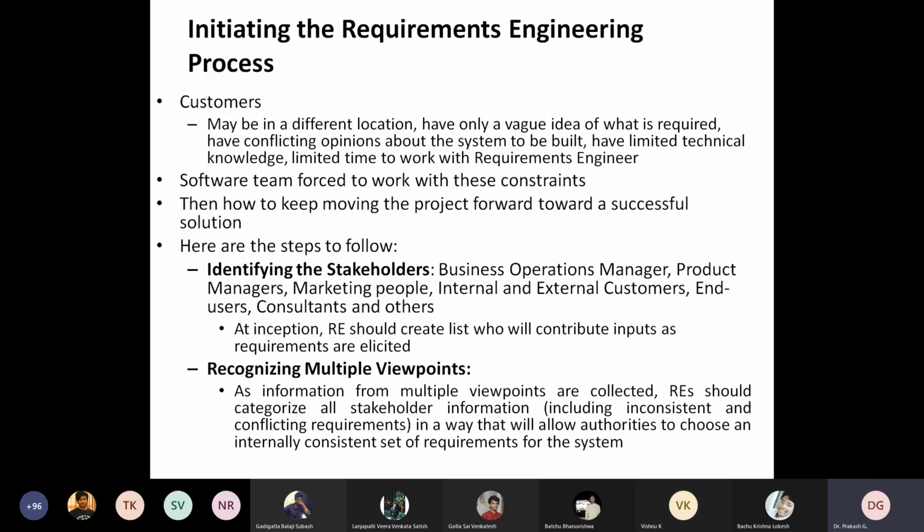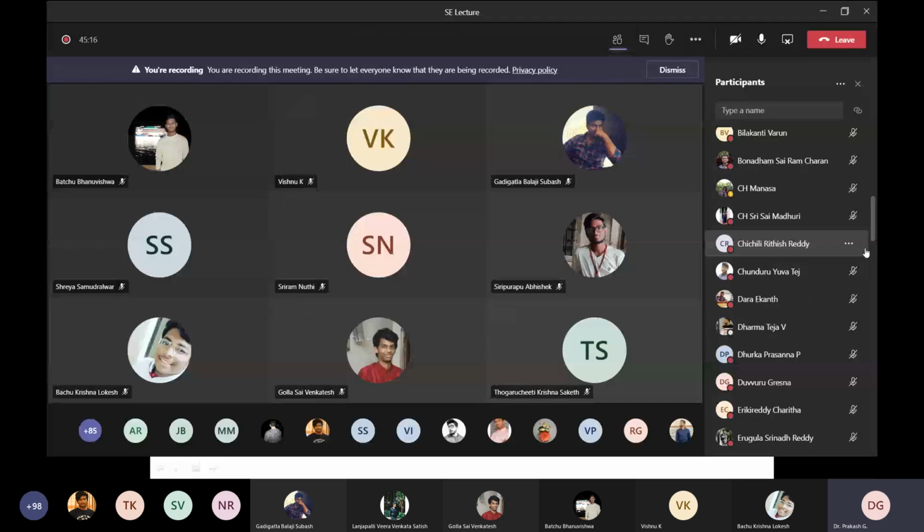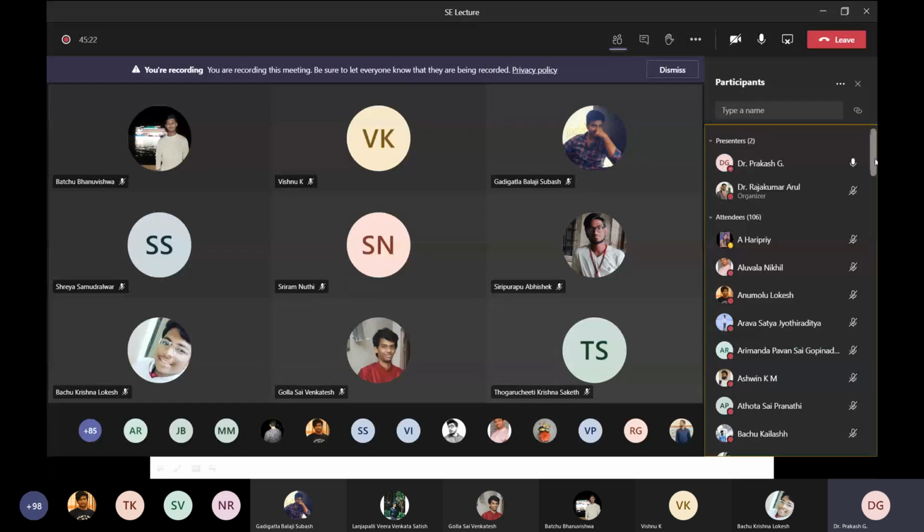Now one of your friends is saying chat application, fine. Who said that chat application? Shall I know the name? Vishnu, sir. Only Vishnu and Sai Venkatesh are answering continuously, so I will give the marks only to these people. Out of these 105 students who are here, sorry, 106, now another new student is added. What about Haripriya? What about Nikhil, Lokesh, Satya?